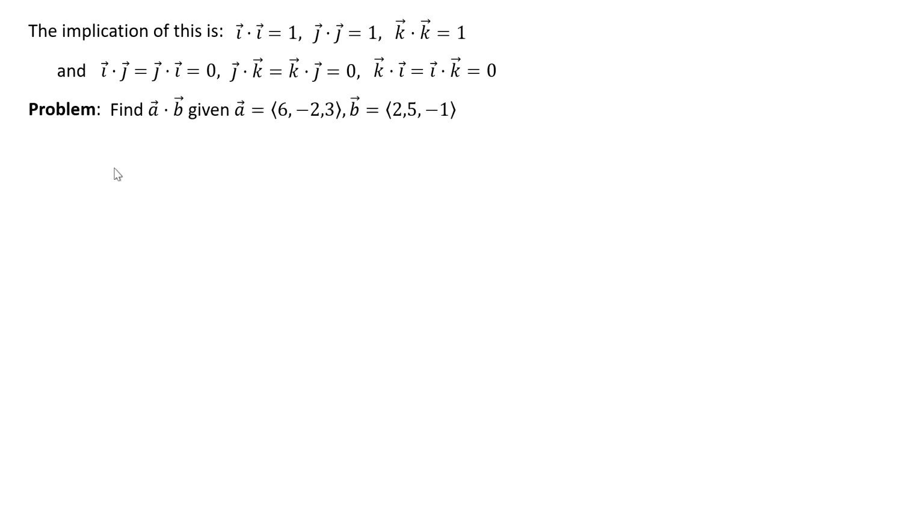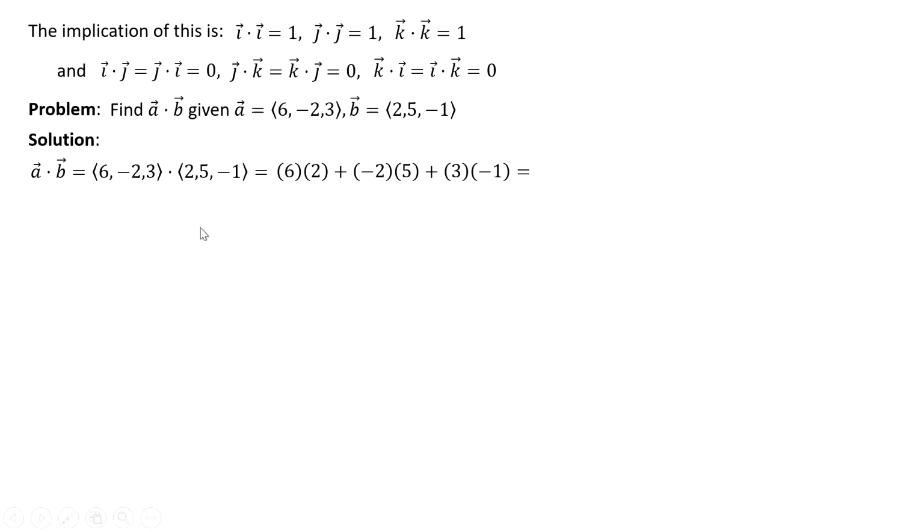And now some simple silly problems. I'm sure this is all piece of cake to you. Find A dot B. You take the first component, multiply by the second component, plus second component times second component here, and like that. And it's just arithmetic. Turns out to be -1. Next,